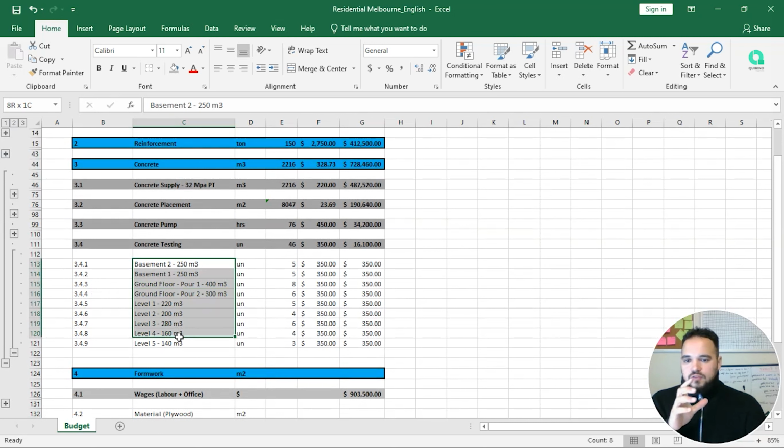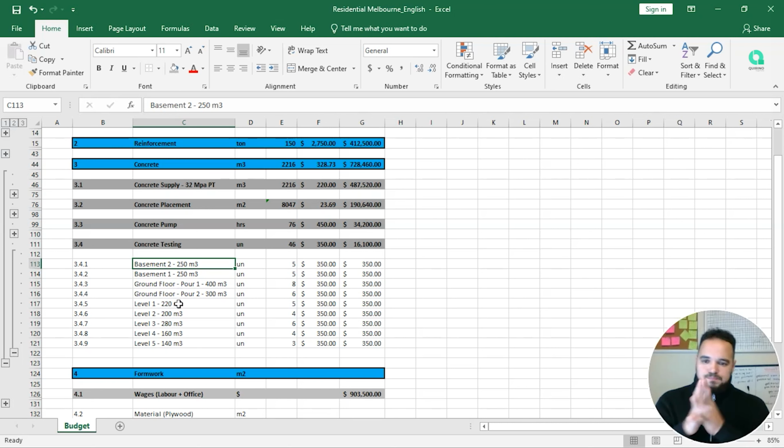We have 8 floors, but to build basement 2, we actually don't need to buy plywood. We actually only need to buy a bit of ply to build the shutter around the slab, right? So let's not consider anything for basement 2,